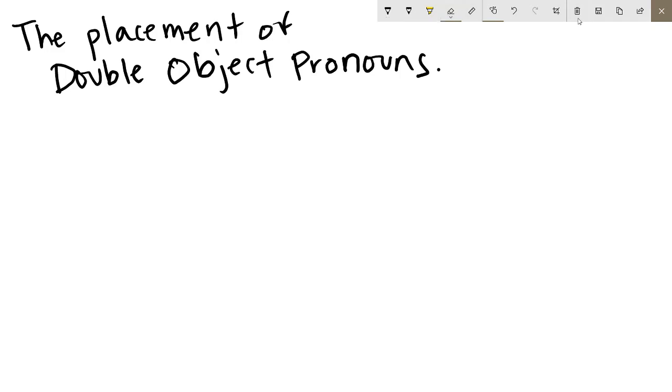So, trying to erase that because technically that's not a period. It shouldn't be there. So, when I teach Spanish,